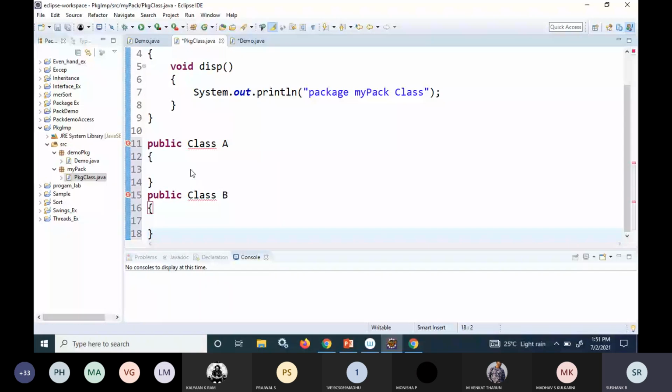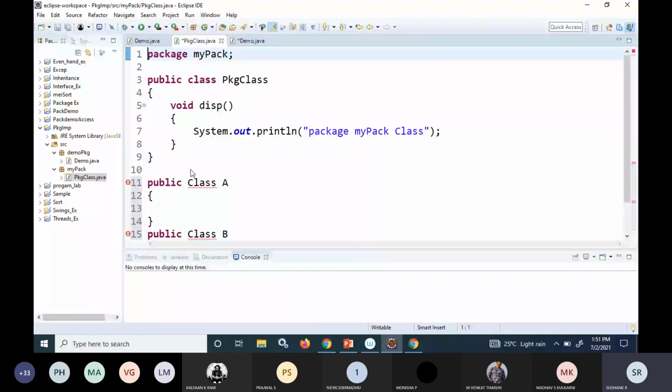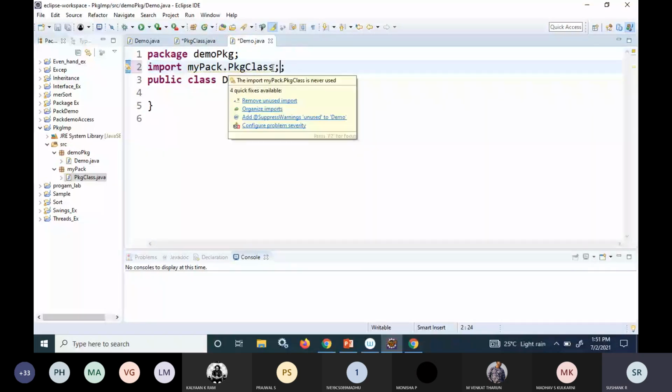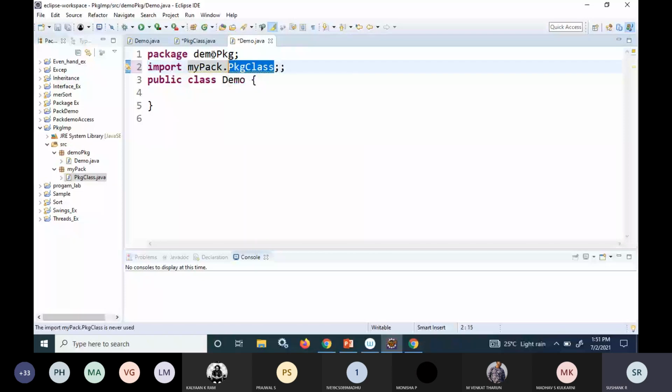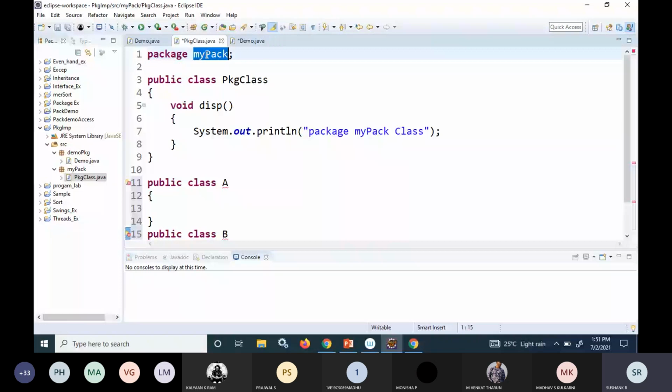So if here I'm using only mypack.classname, that means even though this mypack package contains three classes, one is the package class, another is class A, and the other is class B,